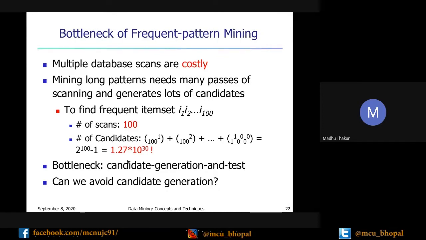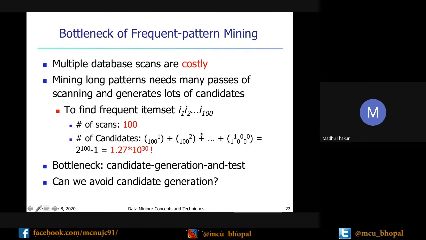Again, I am saying Apriori and these methods take multiple database scans, which is costly, and mining long patterns needs many passes of scanning and generates lots of candidates. This is also given in your book. If you have 100 items, then how many candidates do you have to generate?